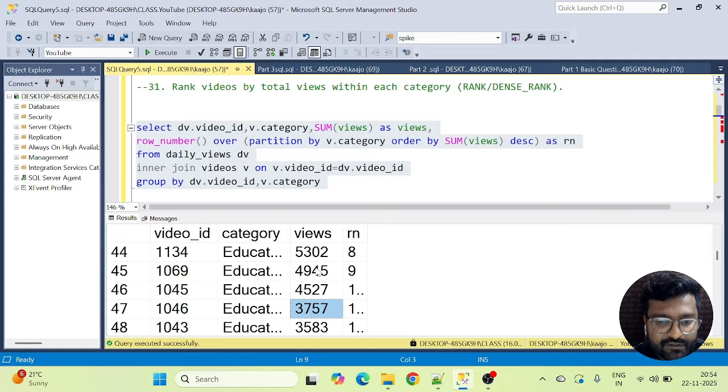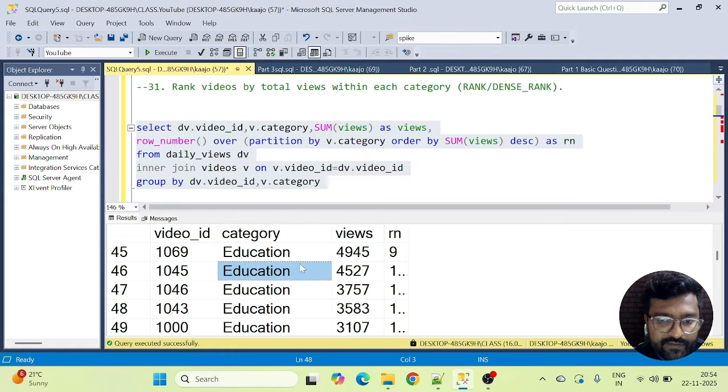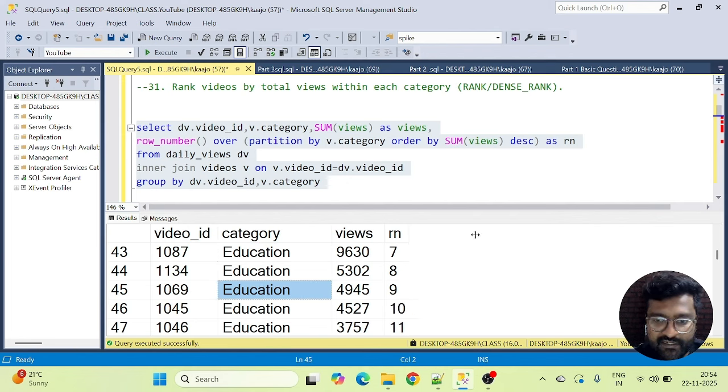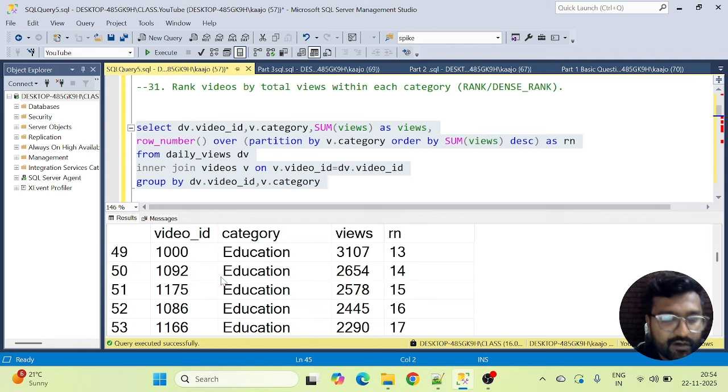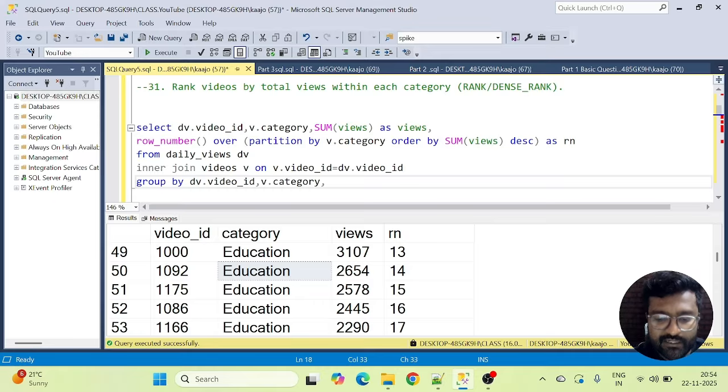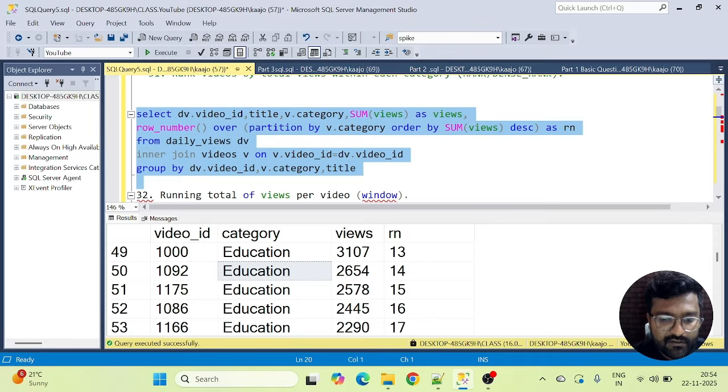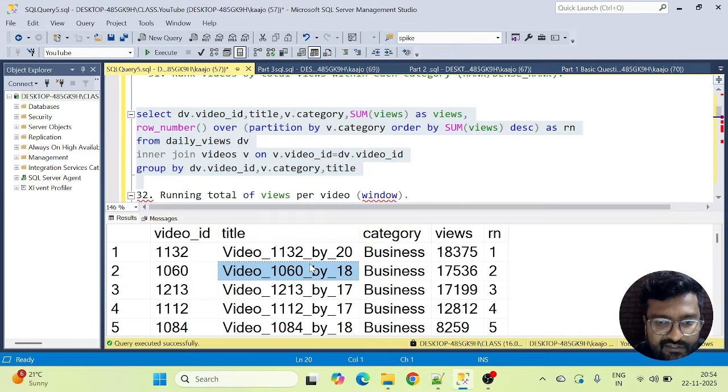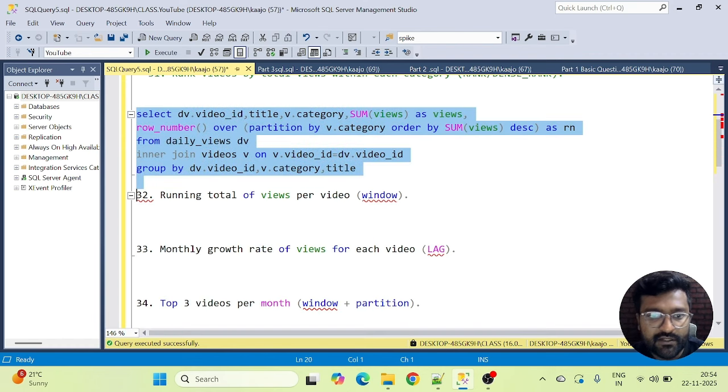If we go down, we should see all the other categories as well. So now we have got education, right? Yeah, yeah. Let me expand it. Yeah, so this is working. Okay, and if we want the video title, we can just do one more. I mean, we can also pull the title here. So rather than grouping by video ID, we can also add title here. That's not a problem actually. We can easily do it like this. Okay, and this should work. Voila, so this is working, right? We have got the video ID as well, and then the video's title, and then its specific ranking based on the category by views. Okay, so this is done.